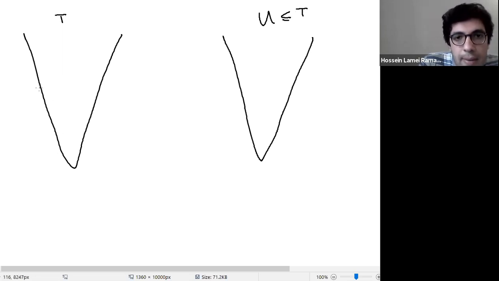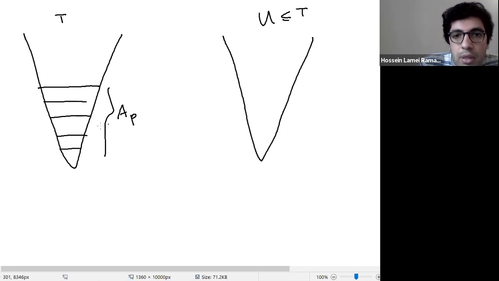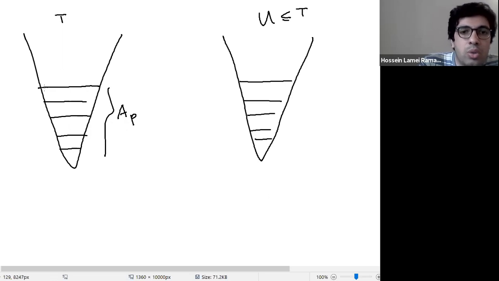The conditions are like this. So we have some levels. We choose some levels. So this is going to be the set A_p, and F_p is going to be from this tree restricted to A_p to U restricted to A_p, which is going to preserve the Lex order and the tree order. And the important thing is that this A_p is going to have a max. It's countable, closed, and it's going to have a max. So this truncation of the tree is going to have a top level.